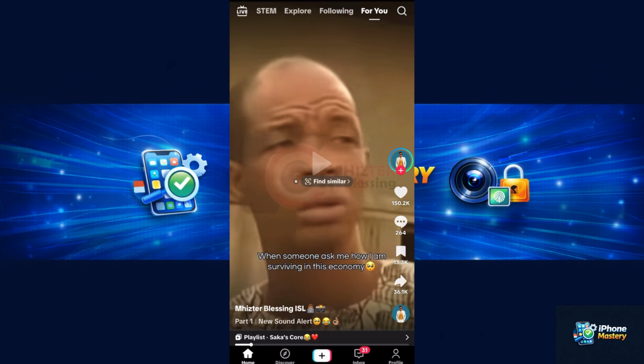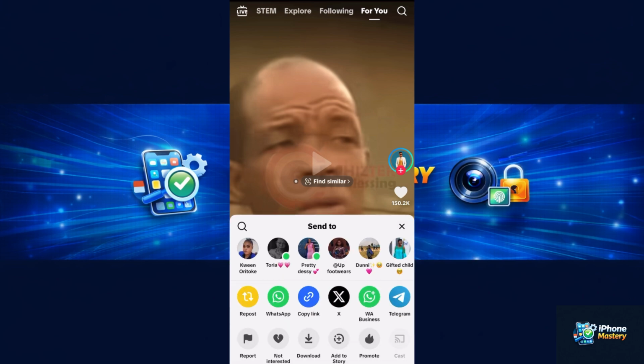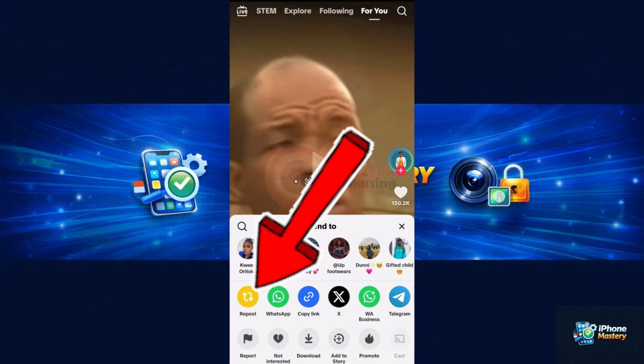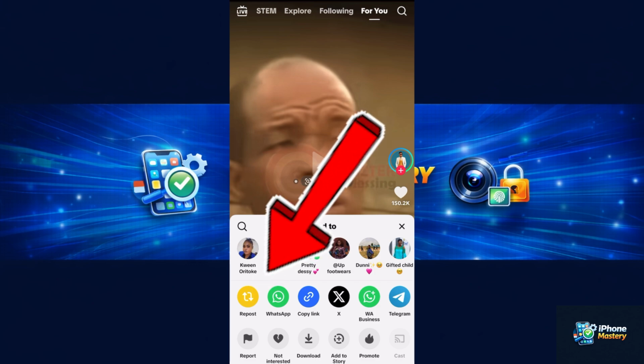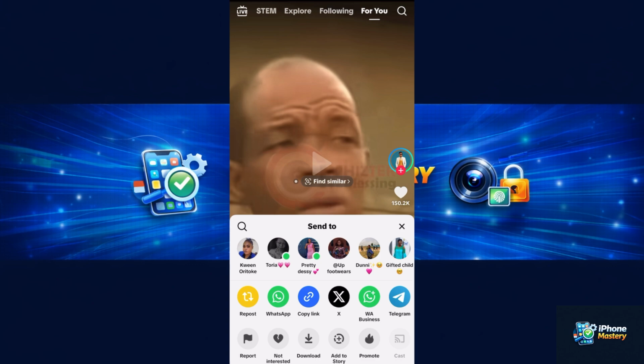do is this. If you check the bottom right corner of that video, you're going to see an arrow icon over there. I want you to tap on that arrow icon. So let's tap on it. So once you tap on that arrow icon, if you check the bottom here, you're going to see some menus over there. Then if you check the bottom left corner, you're going to see where it says repost. You just want to tap on that repost, and this video, this particular content will be reposted to your followers